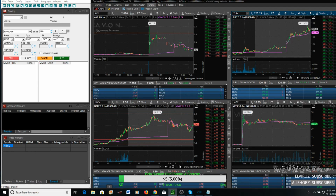Looking at VKTX, guys. I'm looking at NAPT, GERN. Also keeping an eye on GLMD. I see that stock gapping up a little bit. This stock usually goes right back down. Another stock that I'm keeping on watch, it's low volume, but just keeping it on watch because of the gap up, is